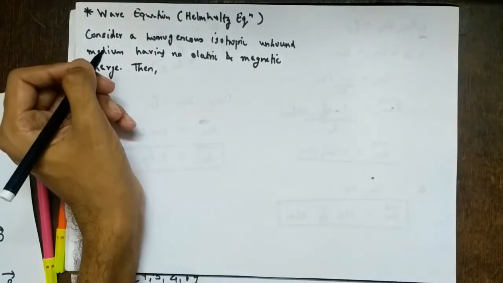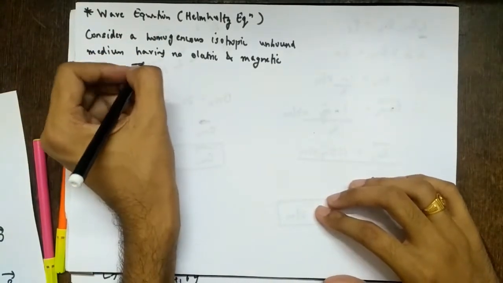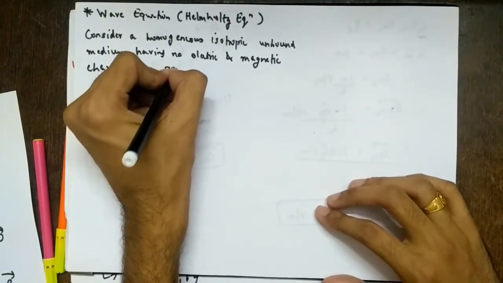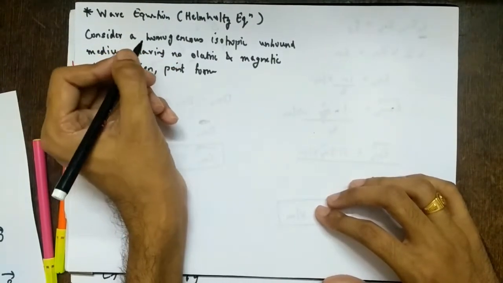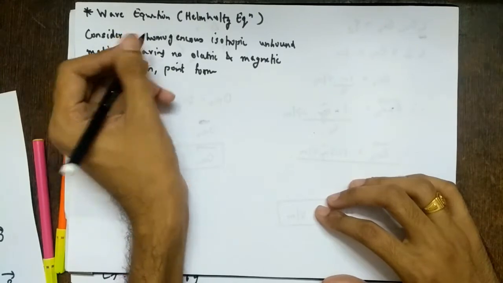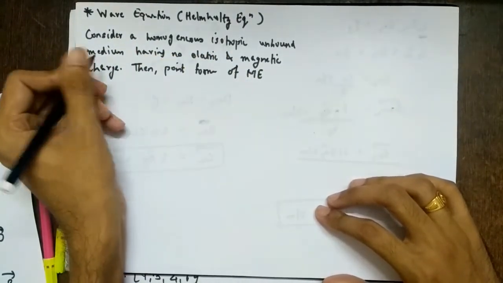So then we go to Maxwell's equation. So from now on, whatever we do, it will be based on Maxwell's equations only. So that's why they are very important. So then, and we'll use the point form. Usually we'll use point form. Only for boundary conditions we use integral form. For all rest of derivations we use point form. So then point form of Maxwell's equations